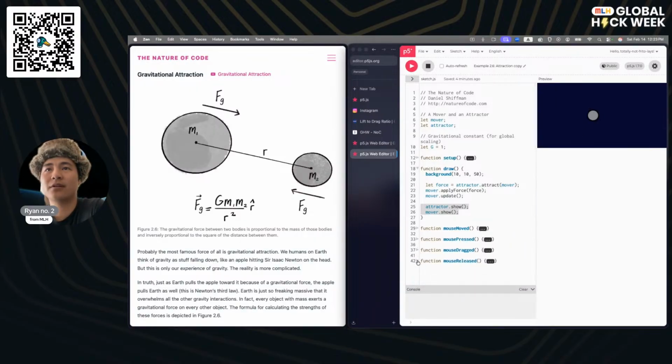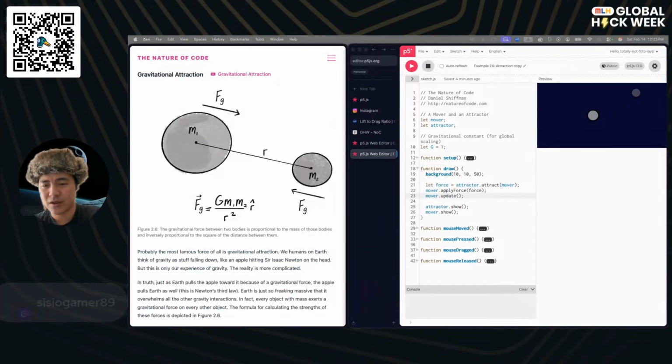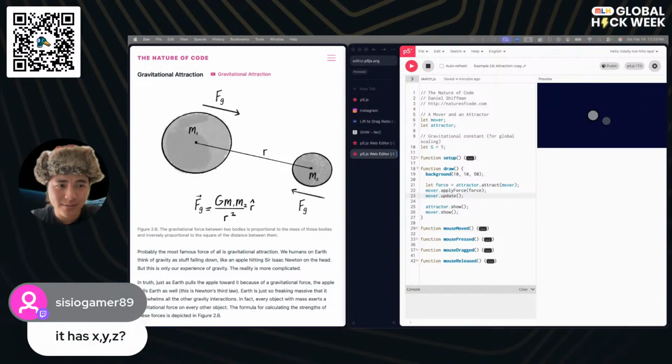I'm realizing now that all these functions got unhidden. So something else to keep in mind. Oh, good call out. Yes, technically, vectors within P5 are defined as an X, Y, and Z. You can do three-dimensional vectors.